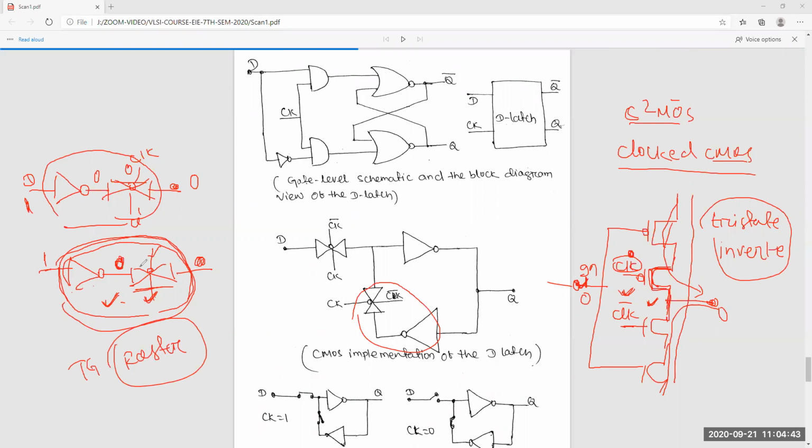Because these two transistors are connected in parallel, so this is somewhat faster. But here it's not connected in parallel, it's in series. Either this signal will come to here or that signal will come to here. Some capacitance will be here. That's why this type of circuit is slower than this.